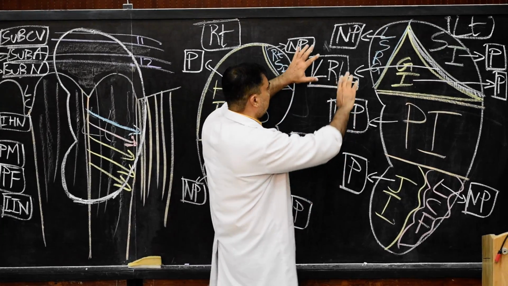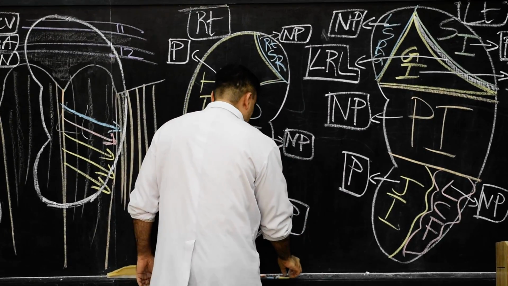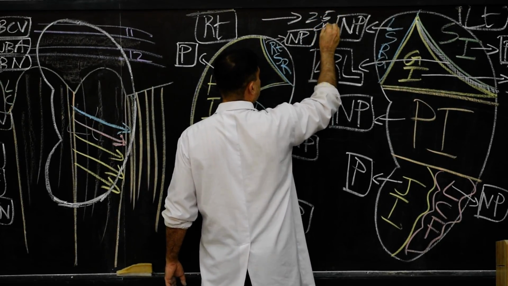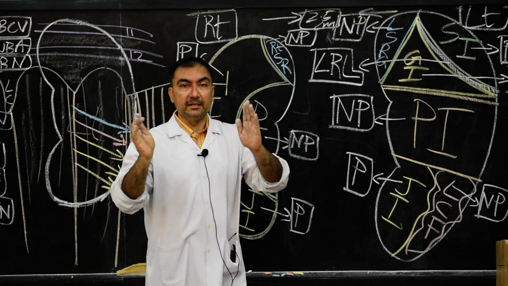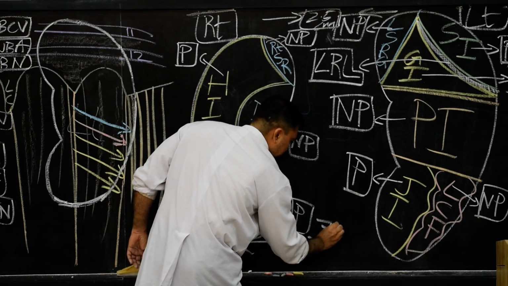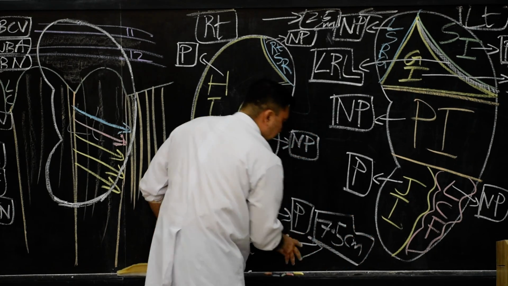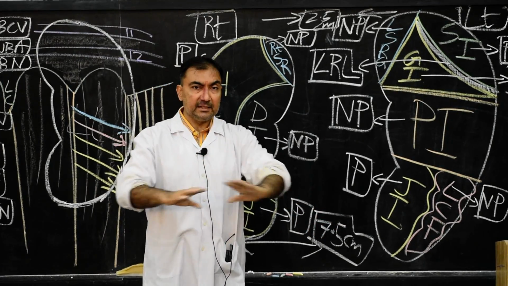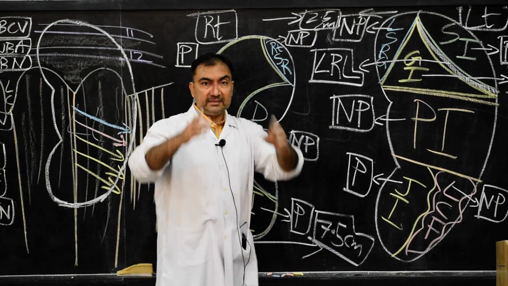The upper ends will be 2.5 centimeter away from the median plane. Please note down, the upper ends will be 2.5 centimeter away from the median plane, and the lower ends will be 7.5 centimeters from the median plane. The lower ends of both the kidneys will be 7.5 centimeter away from the median line. 2.5 centimeter, 7.5 centimeter. That means the long axis is directed